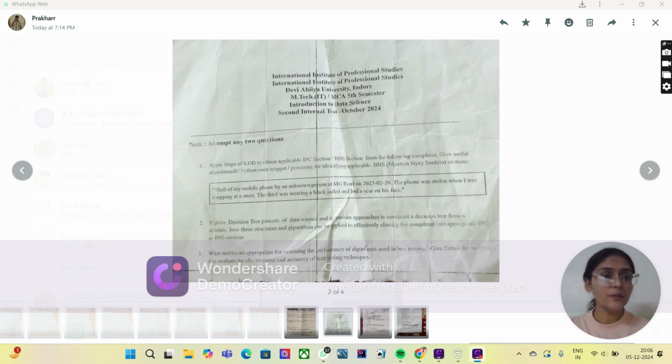So, the steps of KDD, knowledge discovery in database process, include problem formulation. Identify the problem, which is to extract the applicable IPC sections and BNS sections from the given complaint. Data selection. Select the relevant data, which is the complaint text. Data cleaning. Clean the data by removing stop words, punctuation and special characters. Data transformation. Transform the data into a suitable format for analysis, such as converting the text into a numerical representation